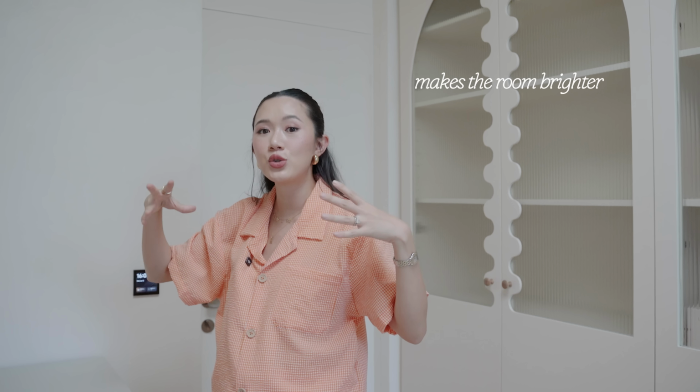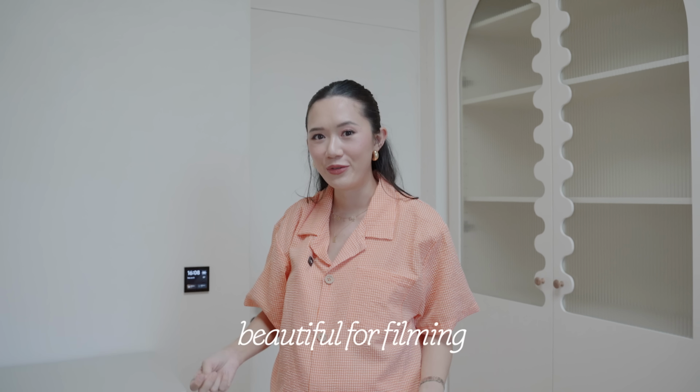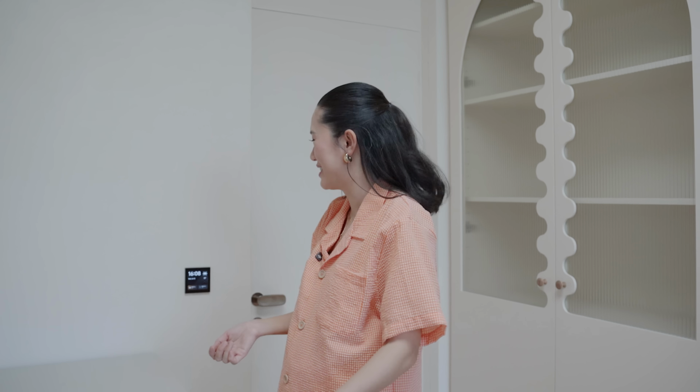Sienna also actually has one in her room in a different shape. I really love this because it makes the room so much brighter and also no shadows on the face. Beautiful for filming. Am I right? Yes? Yes. This was actually what I wanted for my walk-in closet, but at that time, I didn't know Skyline yet. And I think faux